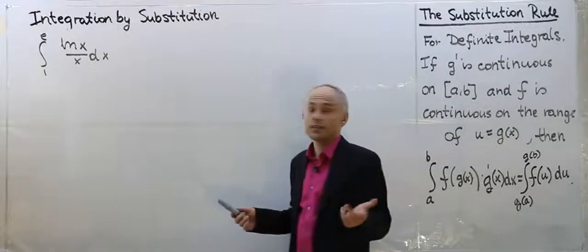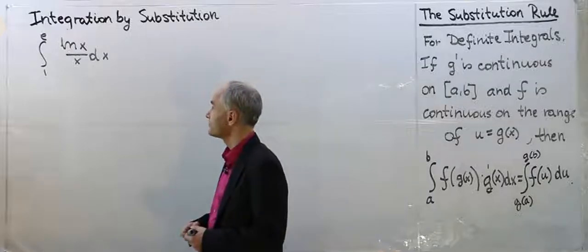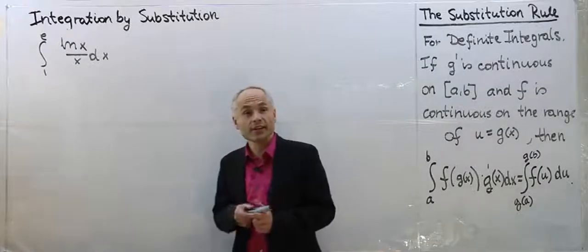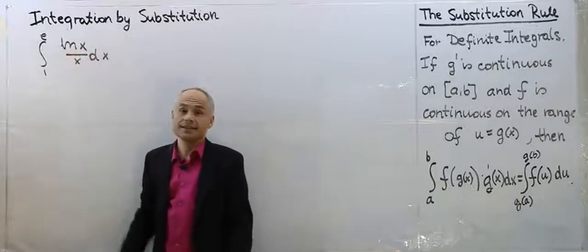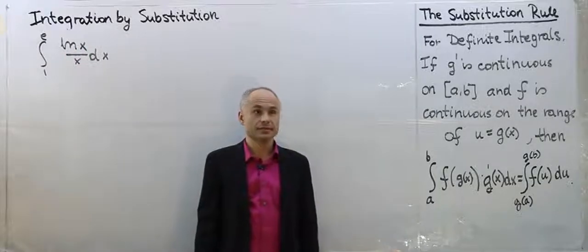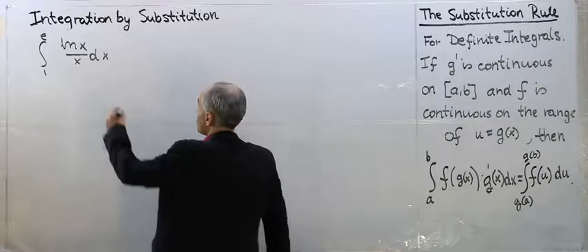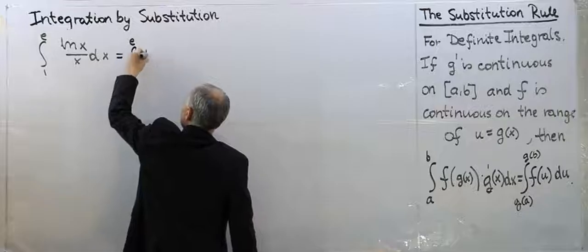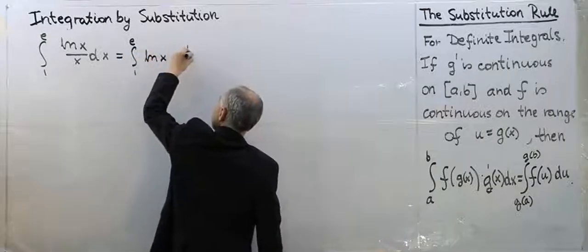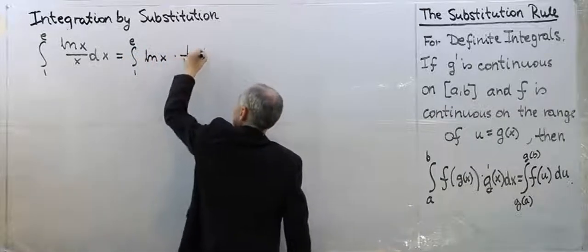Because I don't see a composite function. But one thing that comes to my mind is that if I differentiate ln of x, I get 1 over x. So if I were to rewrite this as ln of x times 1 over x dx,